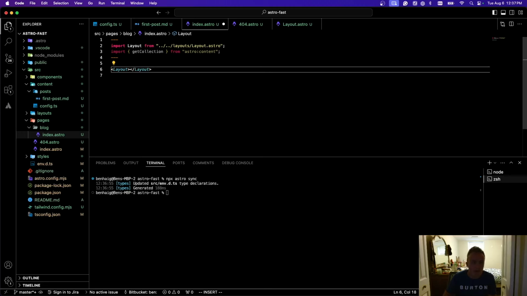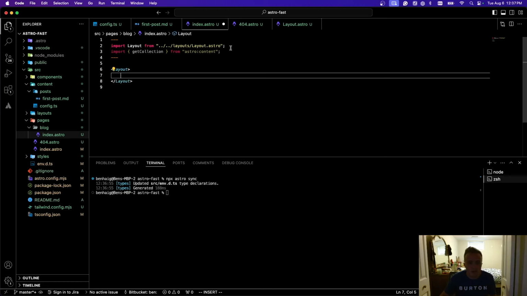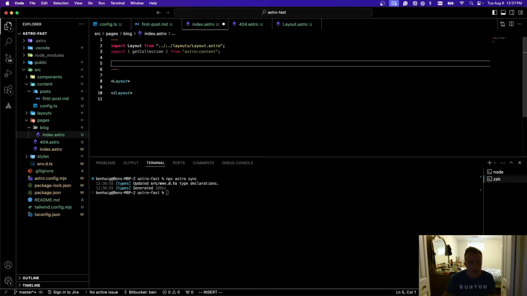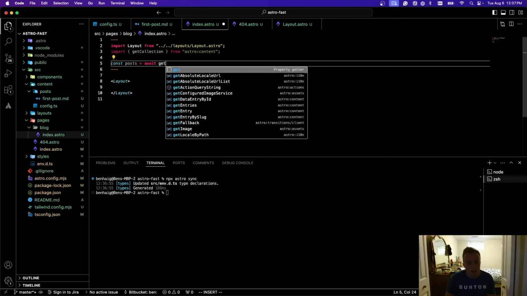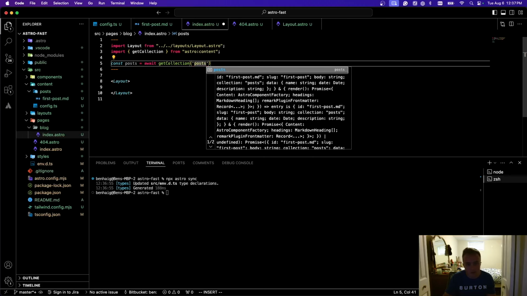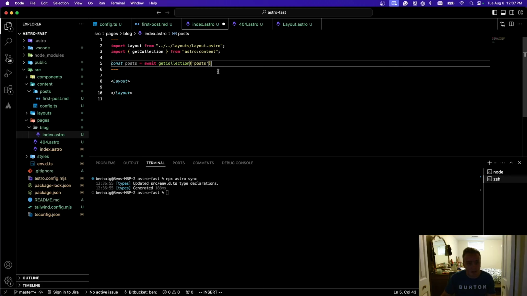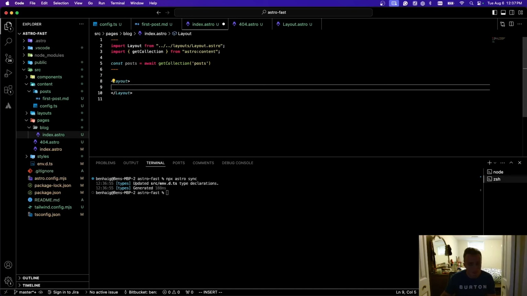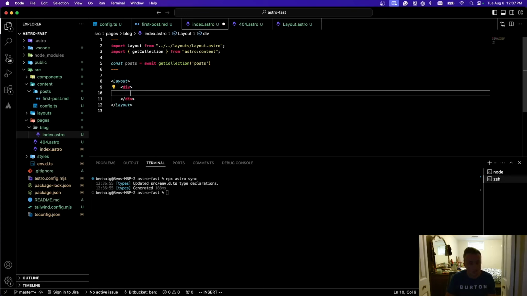blog index page, and I'm going to go in here, just get this open, and we're going to go up here, and we're going to use const. I'm going to declare a constant called posts, and I'm going to do await getCollection, and we're looking for posts. As you see, my IDE is helping me out here because it knows of this type since we used that command. And then what we're going to do is I'm going to create a div, and in here I'm going to do